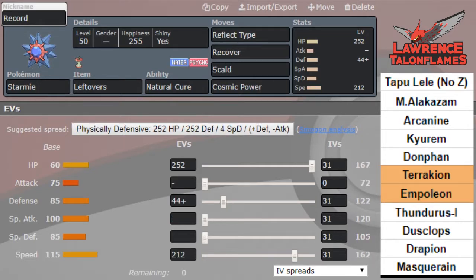And last but certainly not least, we have one of the most creative sets, I would say, I've made, that actually could work and easily could win this game if the right situation happens. Reflect type, Recover, Scald, and Cosmic Power Starmie. Enough speed on this thing to outspeed max speed Drapion, because if I can Reflect type the Drapion,